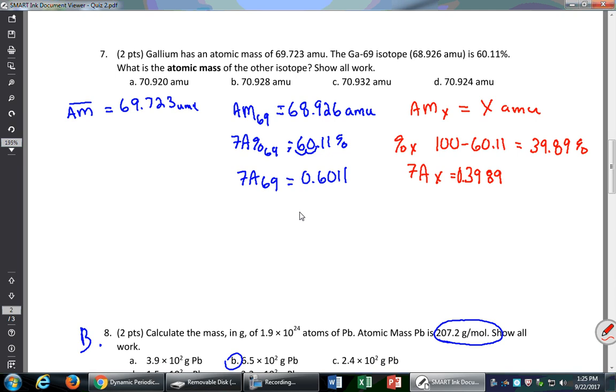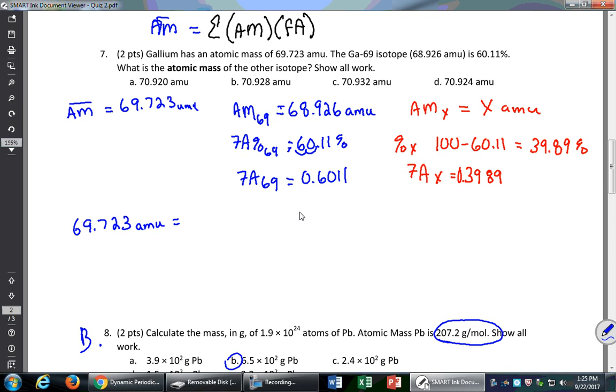So plugging that in, I know my fractional abundance, my average atomic mass is equal to the sum of the atomic mass of one isotope times the fractional abundance of that isotope. So I have 2. So I'm going to set this up. My average atomic mass is just 69.723 AMU is equal to